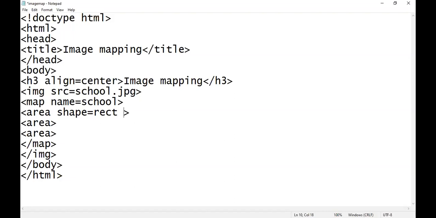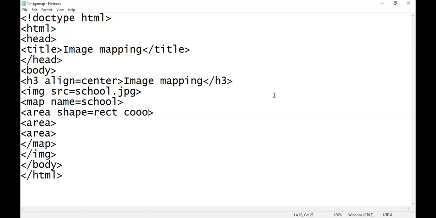Next attribute. If I want to set coordinates for the rectangle, what attribute do I have to use here? Rohan, you're right. Jessia, you're right. Amol, you're right. All are right.